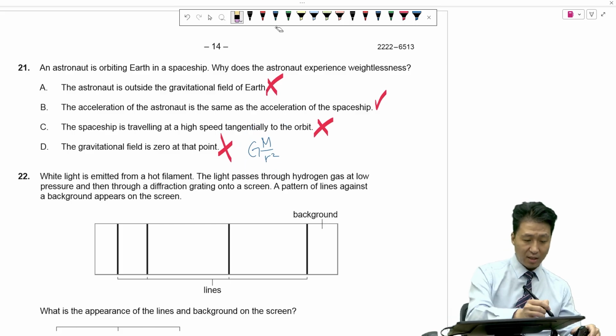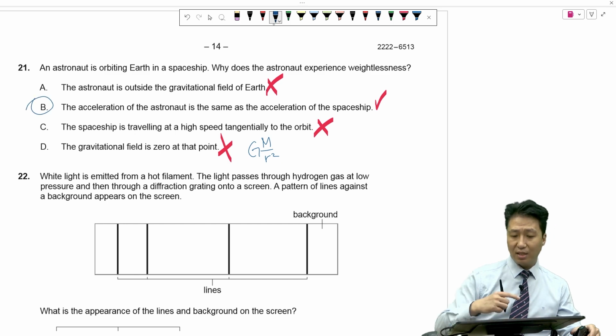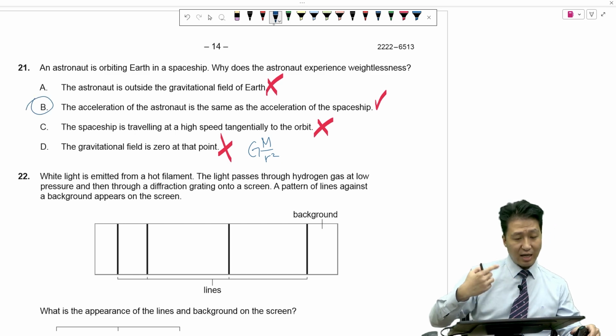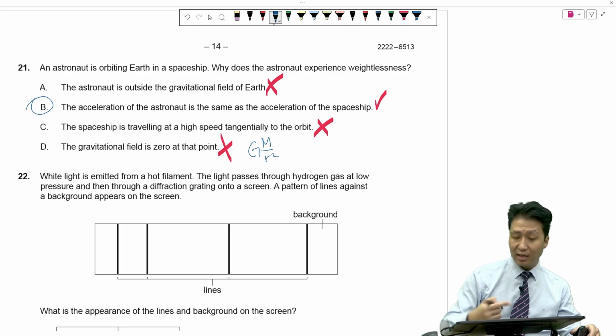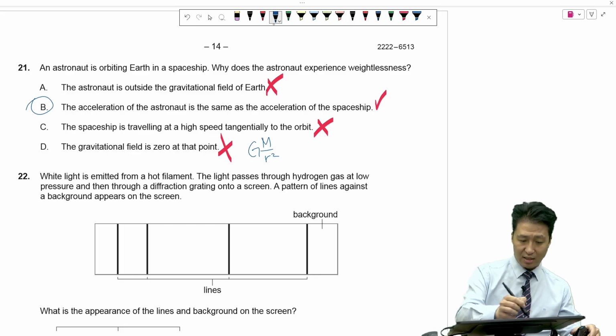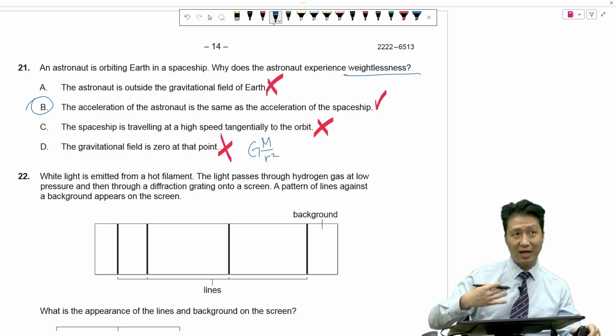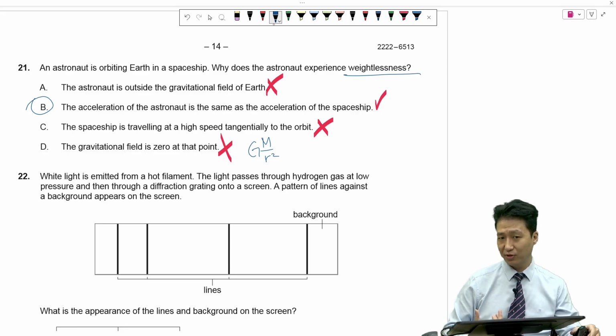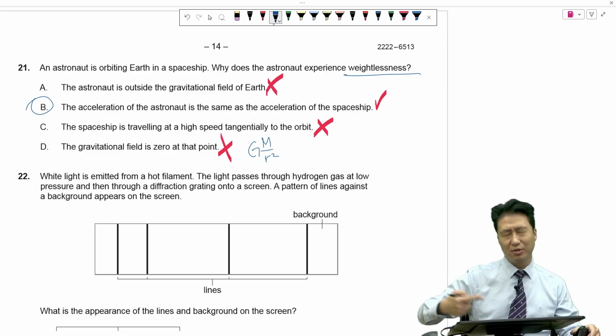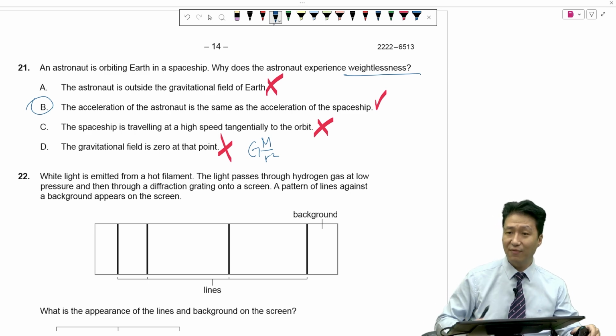Okay, what about B? The astronaut is accelerating. He is falling. The reason they feel weightless is because the feeling of having weight is actually the normal force. If you stand up, what you feel on the heels of your feet is the floor pushing up on you. If you were to jump off a building or a bungee jump, you will still be feeling the force. You will still be subject to the force of gravity, but if you don't have a normal force, you don't